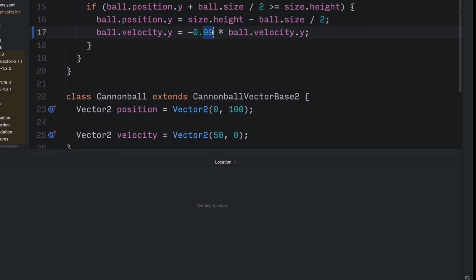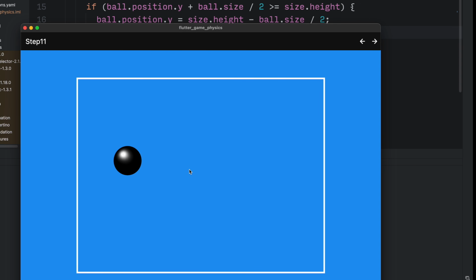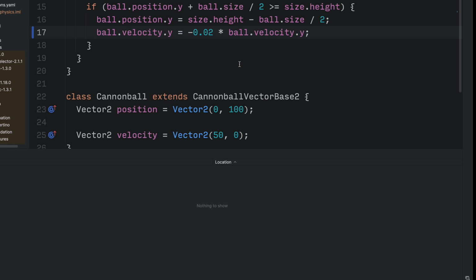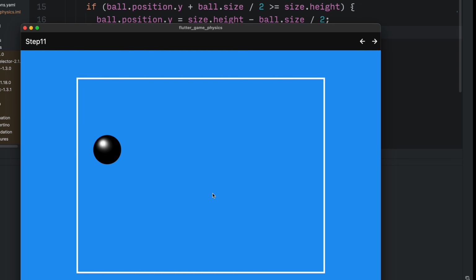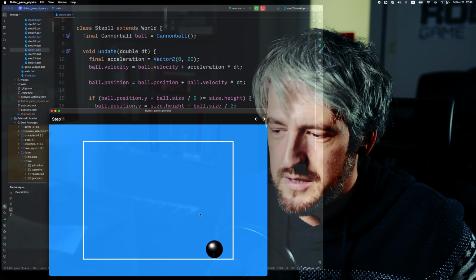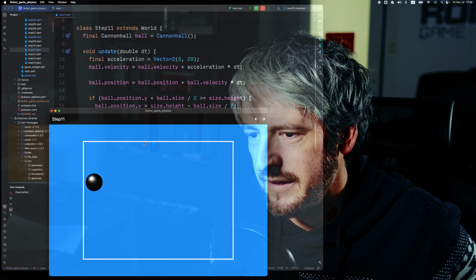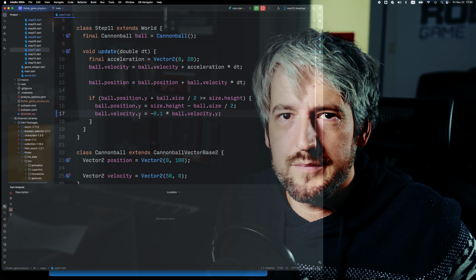If we make it very small, like this, then it will be almost like before. Maybe something like this. Almost like before, but yeah. Did you see that? That's more like a cannonball, I think. Anyway, so yeah,